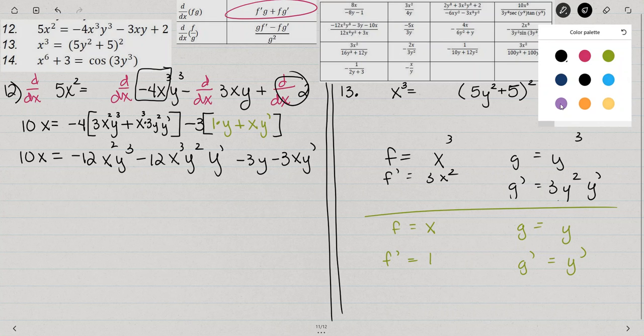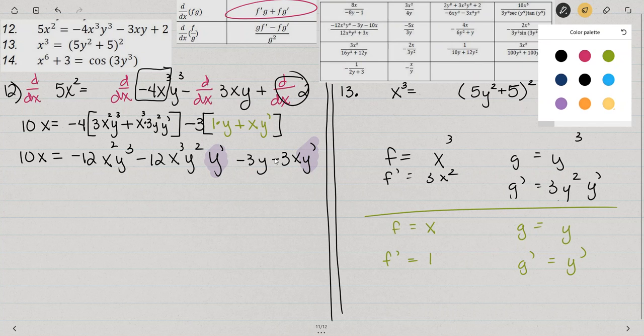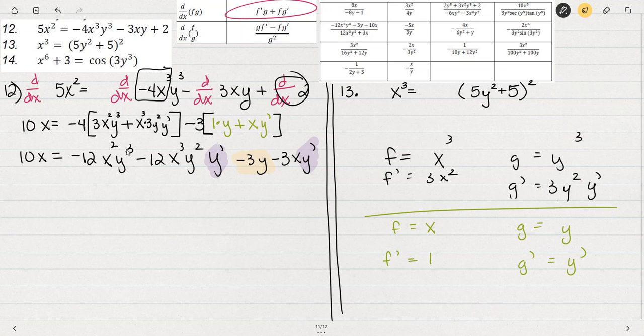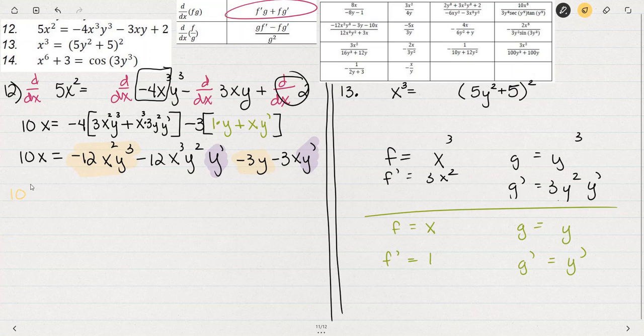Do you see what the next step is going to be? It'll be to solve for y prime. So to solve for y prime, I'm going to subtract -3y and -12x squared y cubed, or in other words, move them to the other side. When I move them to the other side, they become opposites, right? They become,